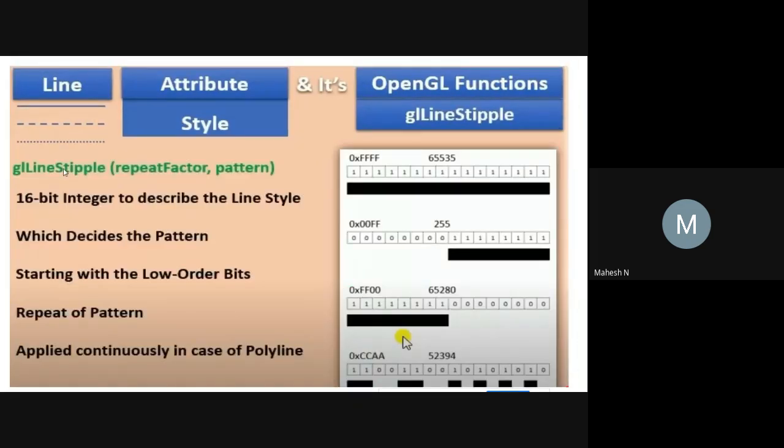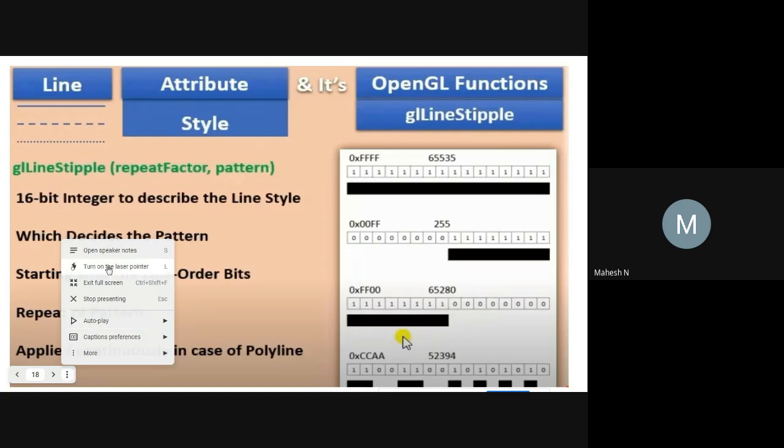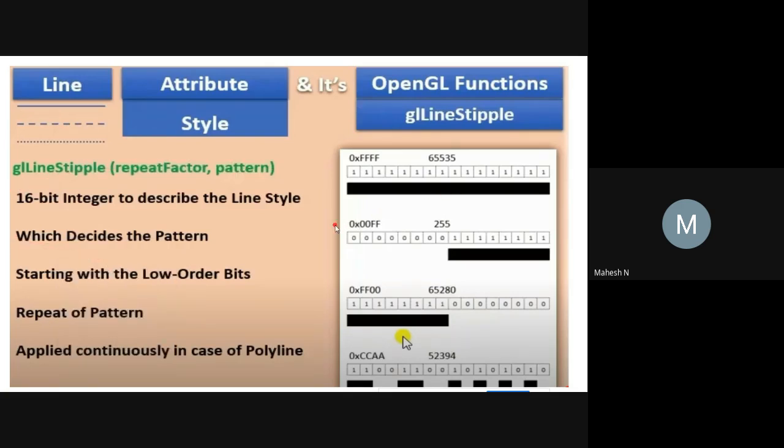For specifying the style of the line, the GL function that we have is glLineStipple. glLineStipple is the function that I use to specify the style of the line. So how do I specify it? glLineStipple, the parameters are repeat factor